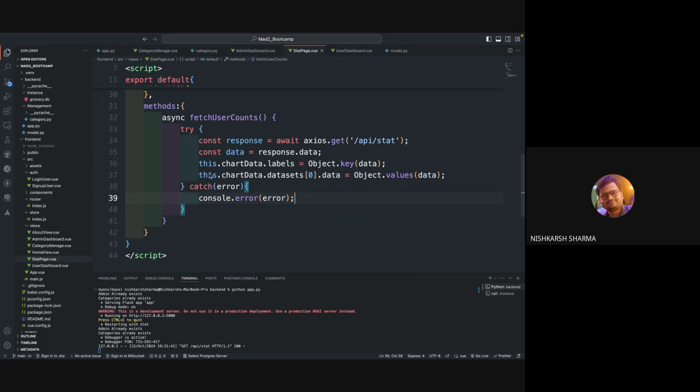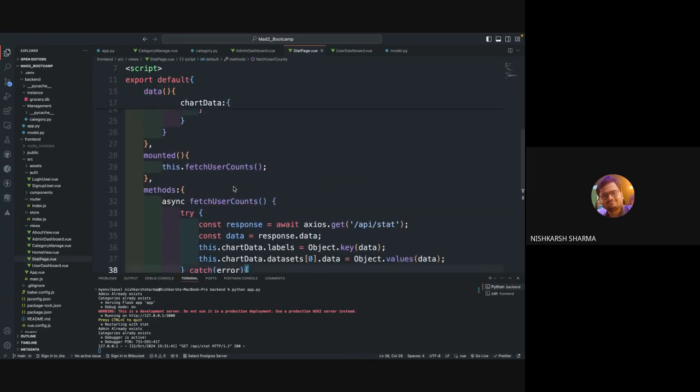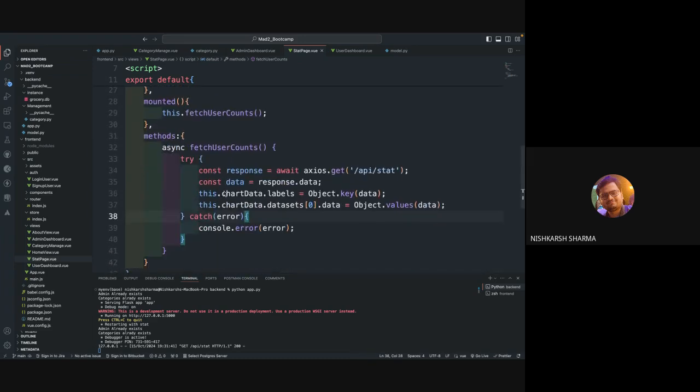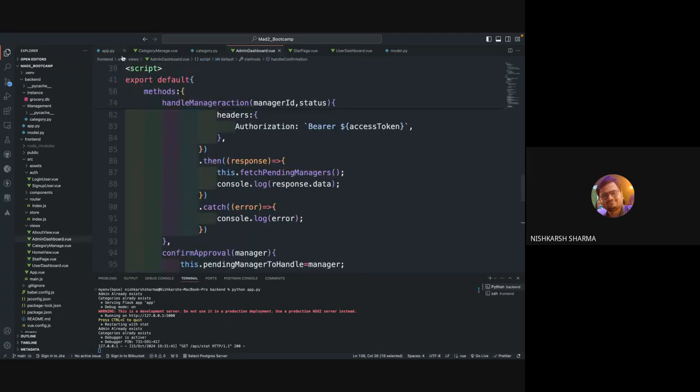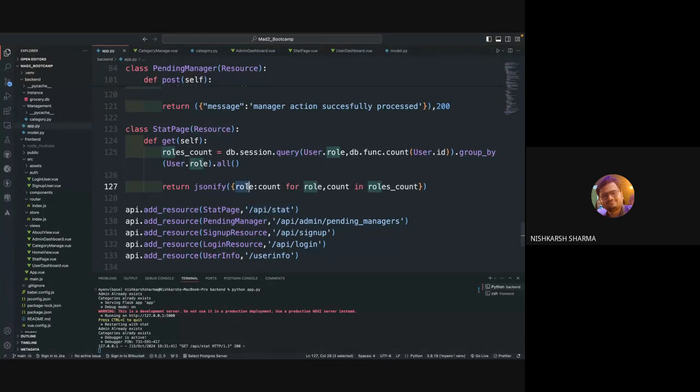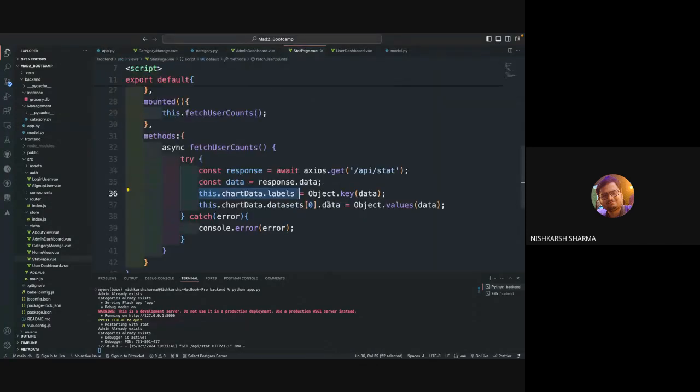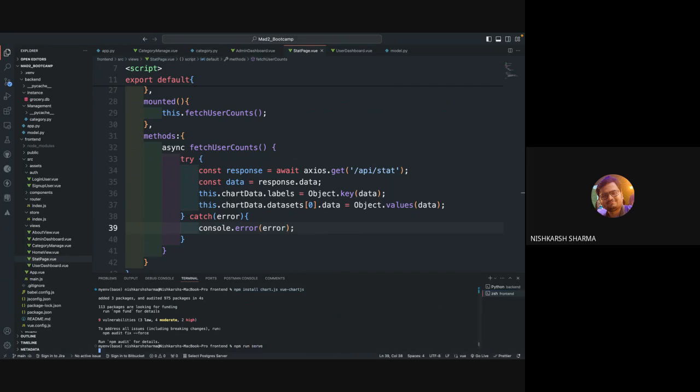So now what we are doing is, first thing is we have called axios.get and requested the data. We get the data and save it inside the variable named data. And then this chart.labels right now is empty, so we are storing the labels, the keys. So we are storing the keys inside the label section, and the values which each key contains, we are storing here. So now if we go npm serve